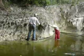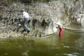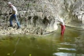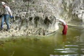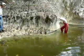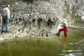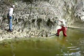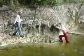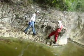Okay, so there's some good handholds up high here. Ooh, that's slippery. There you go. No problem. No, thank you. No problem. Actually,